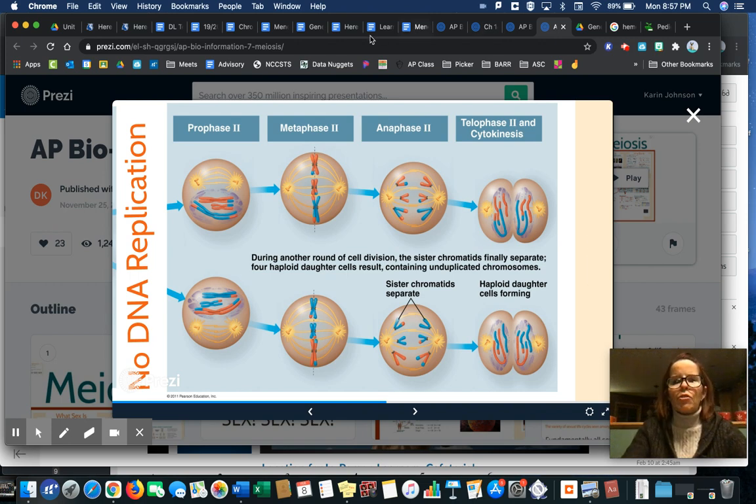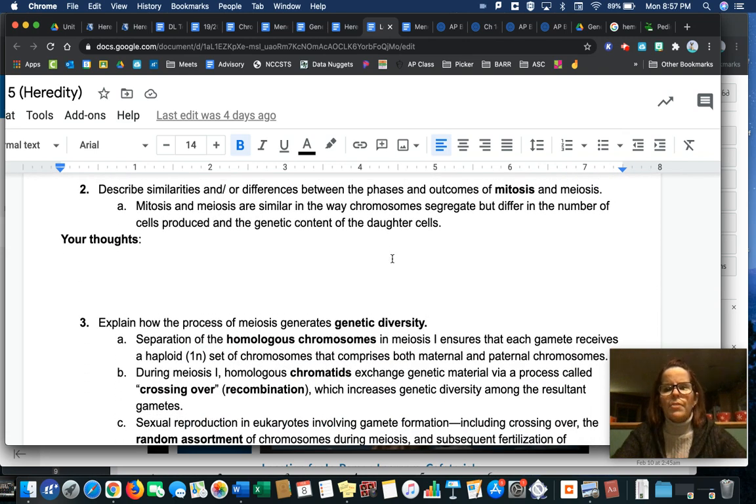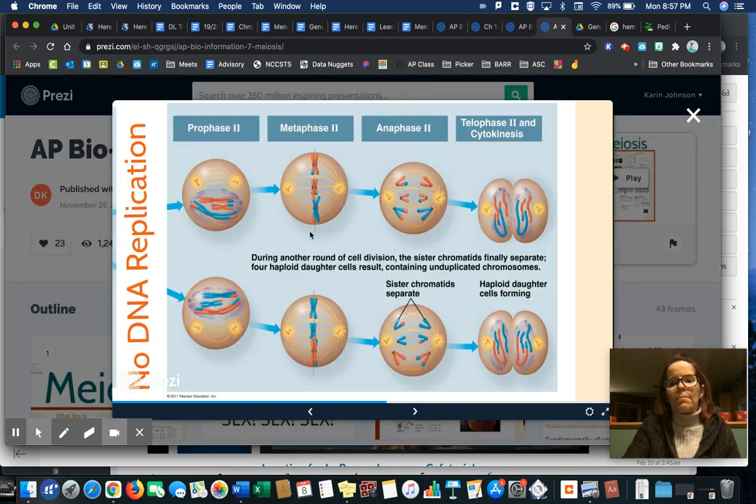All right, so let's go back to our learning targets and see what else we need to know. Describe similarities or differences between phases and outcomes of mitosis and meiosis. So to be really clear, we've talked about the differences in the phases. Let me go back actually and just glance at this quickly. So this right here, this meiosis